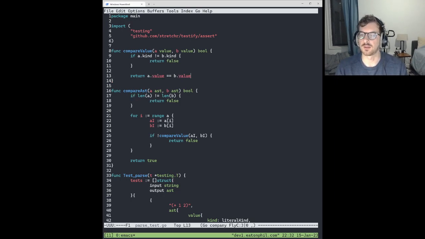Oh, no, wait. Yeah, it doesn't work like that. If a.kind equals literal,